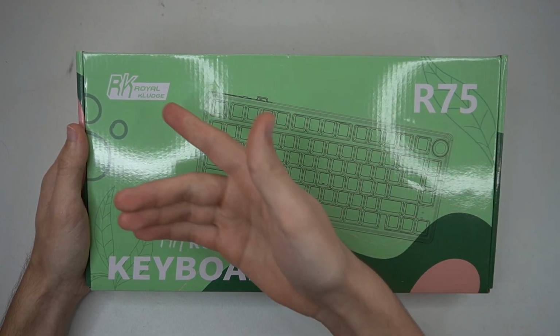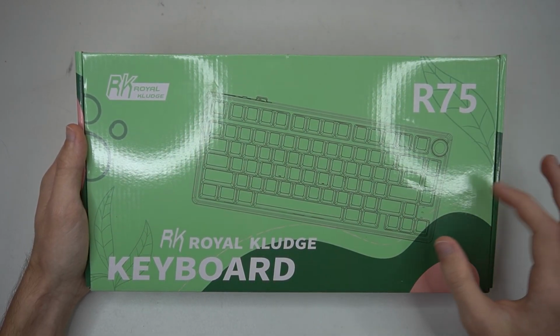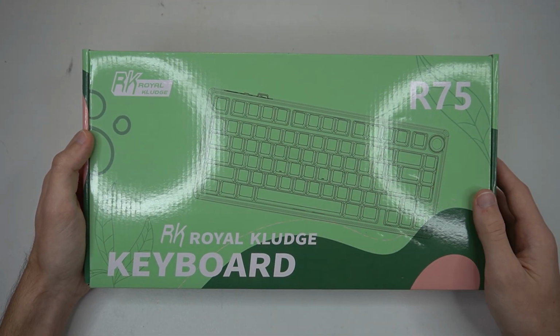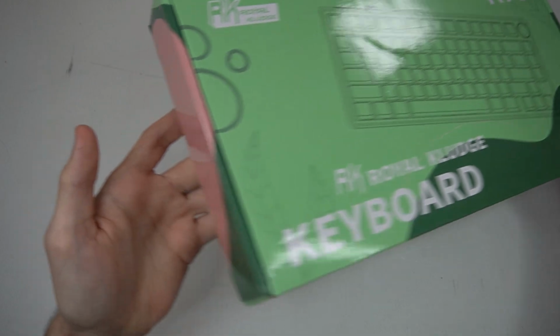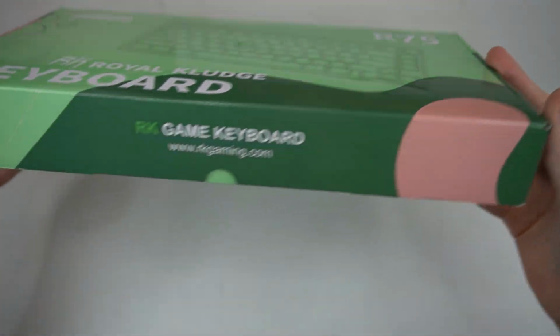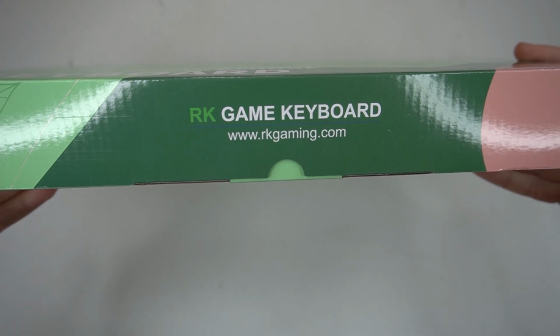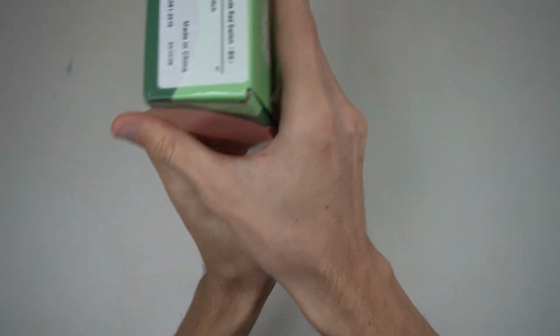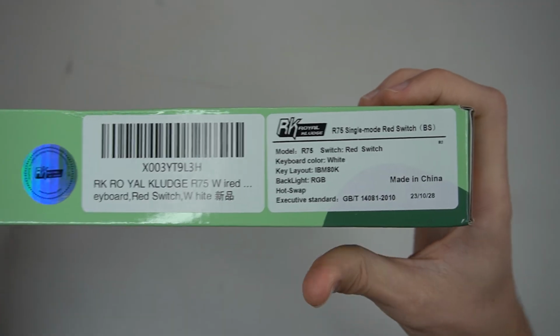So on the front, we just have the Royal Kludge logo, the model of the keyboard, and a first look at what the keyboard's gonna be looking like, and then it just says Royal Kludge keyboard. On the left, we don't really have much there. On the right, the same goes, and then on the bottom, we have the arcade game keyboard, and that's just their website right there. And then on the back, we have some more information right here, which is basically just the model and what